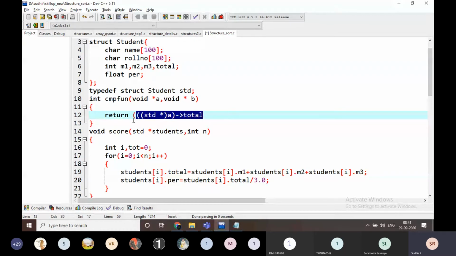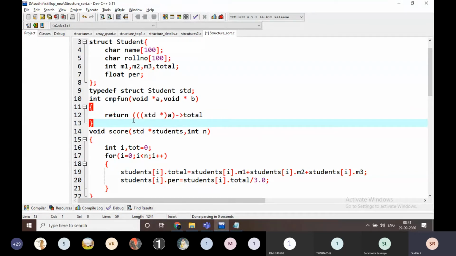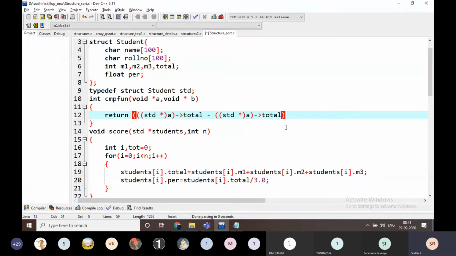This is one part, and I am going to differentiate which is the greater one. Which is the greater one here? I am going to paste it. It is going to be b of total. I am going to calculate the first one total and the second one total. Which is the greater one? If the first one is bigger and the second one is lower, that means we are going to return a positive value. If you are returning positive value, there is no need to change here. For example, it is going to be 5 minus 10, that means a negative value. If it is a negative value, we have to swap the values here.